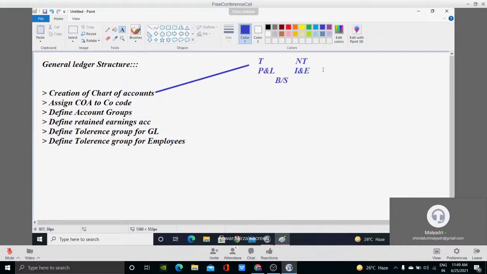They directly prepare income and expenses, right? Whereas where trading is concerned, even trading is included in P&L. This is how international reporting is done. So what I'm saying is, chart of accounts is nothing but a name which is given to a structure of accounts. Just a name. Of course, under this chart of accounts, you are going to create account groups. Under account groups, you are going to create ledgers. Very soon, after the explanation of all these points, we'll be able to justify why I called chart of accounts a structure of accounts. So I hope that's quite clear.